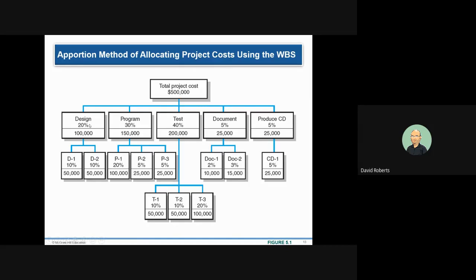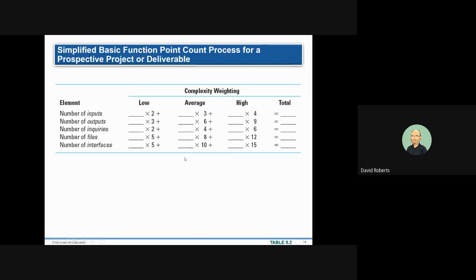You've got $500,000. And people who deal with project management would know these percentages. 20% to design, 30% to programming, testing is 40%. I know that the information design students I taught last year, testing is a huge part of what they do. Not just the design and not just the programming, but they test it and test it and test it. And then they need to provide documentation and actually produce the finalized product.